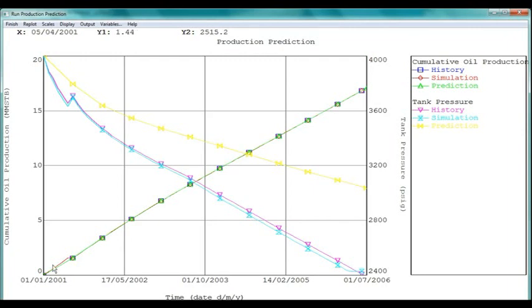But if you look at the tank pressure, you will see that the history and simulation data just coincide with each other, or at least give good results, but the prediction is away from them. This huge difference between them